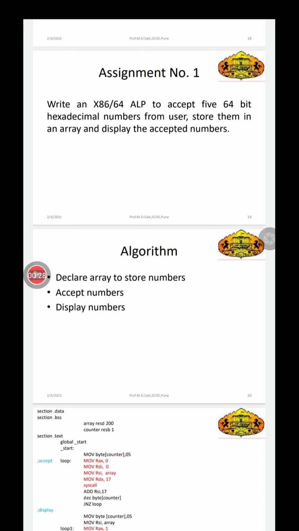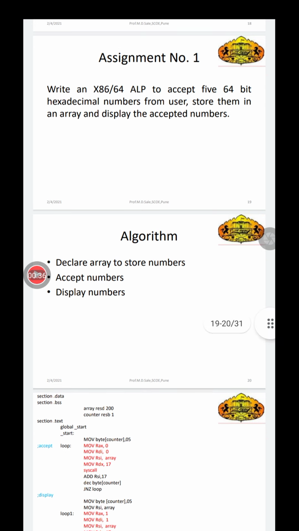display the accepted numbers. That means in this particular program, we have to accept the numbers and the numbers must be 64-bit. We have to accept 5 numbers from the user or from the keyboard, and we have to store them in an array and display the accepted numbers on the screen. That means both the operations we have to perform in this particular practical: accept, that is reading, and displaying the